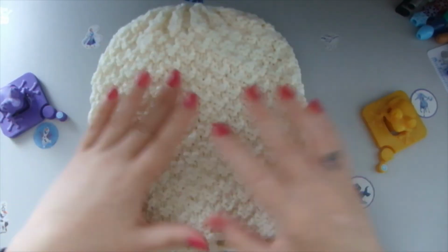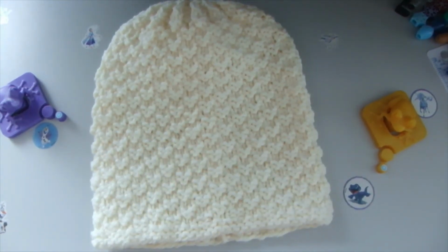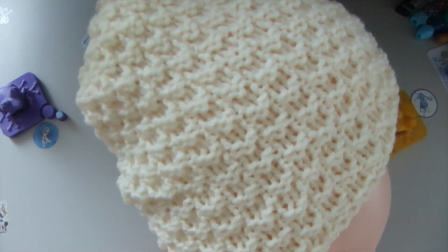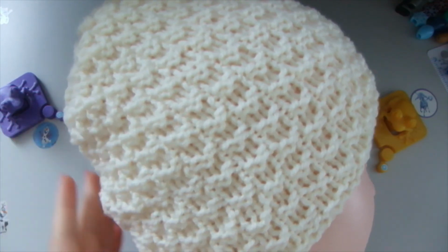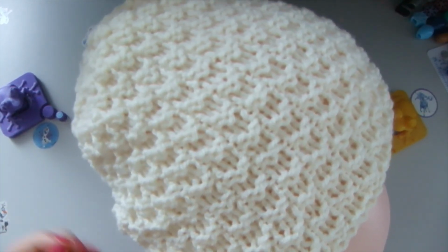And let's see now how it looks on my mannequin. Let's wear it on her. I think it's fantastic. Have a look. It's slightly loose. I made sure it's slightly bigger. My head is slightly bigger than this mannequin, so I